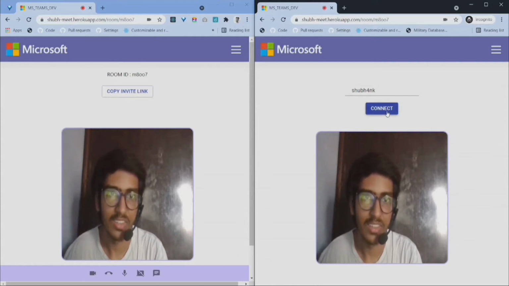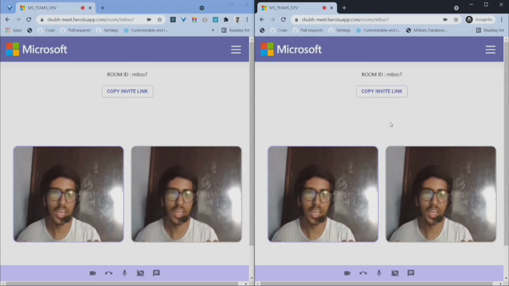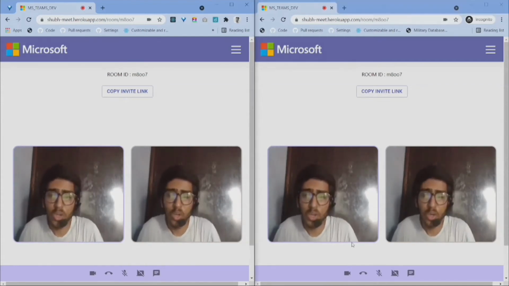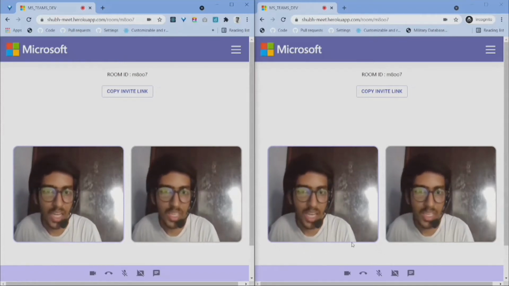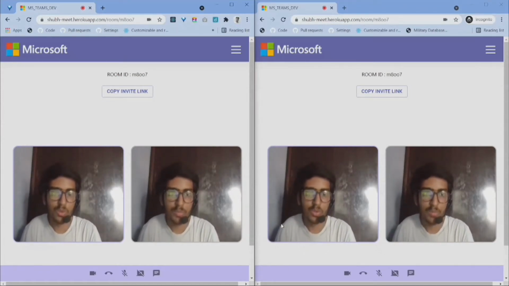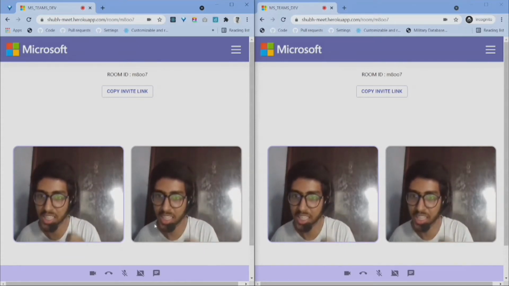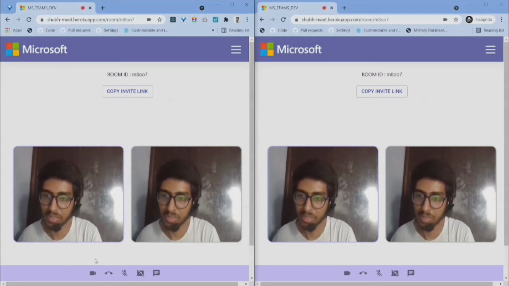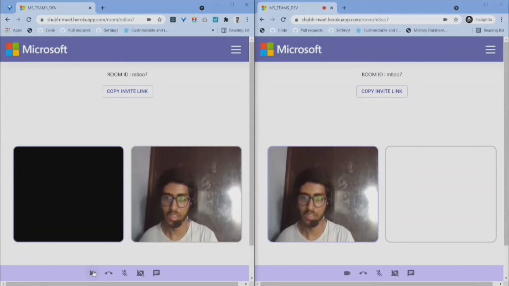And here it also says connect, and now we have two users in the video meet. The echoing sound that you just heard is because of being unmuted, and as soon as I muted both, now you can see just one voice, which is mine, and this shows that the mute and unmute functionality is working perfectly. Whenever I click the video button, it pauses my video, and thus the other user is not able to see me.